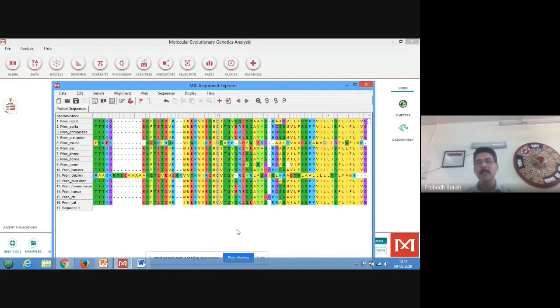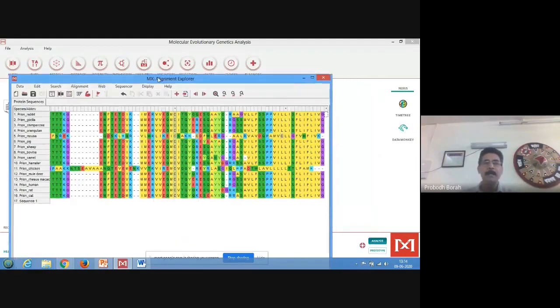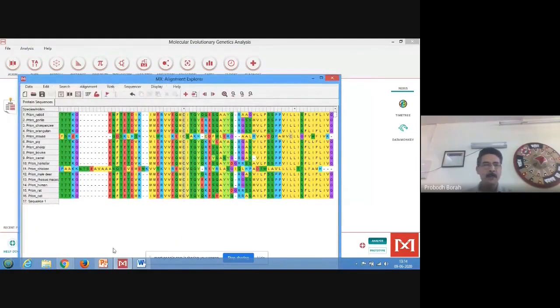Now based on this alignment result, we shall decide about the method to be used for phylogenetic analysis. So here again the first question will be whether large scale similarity exists across sequences.